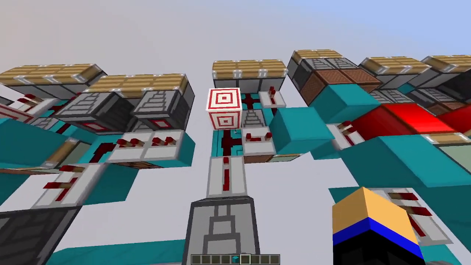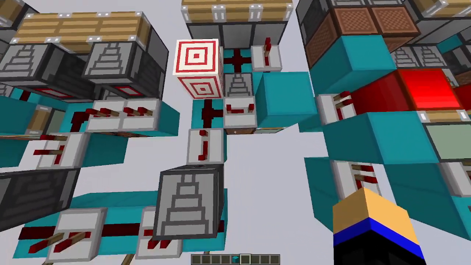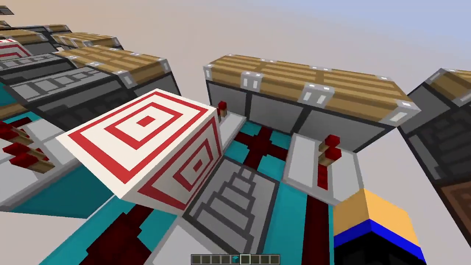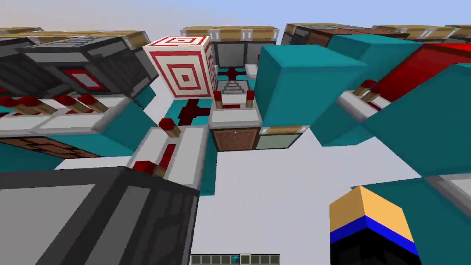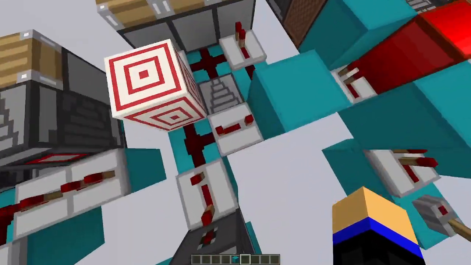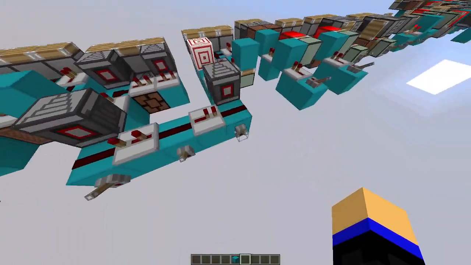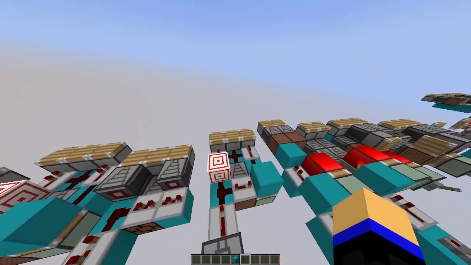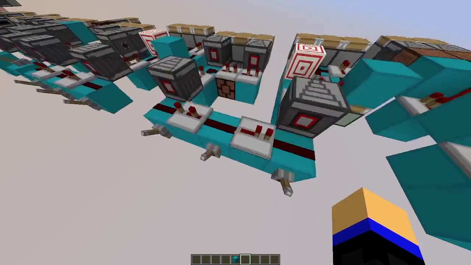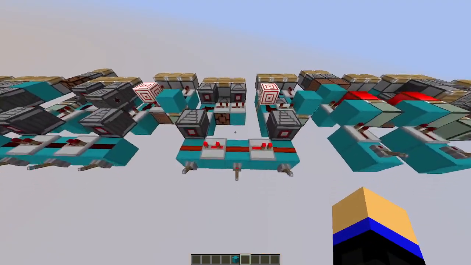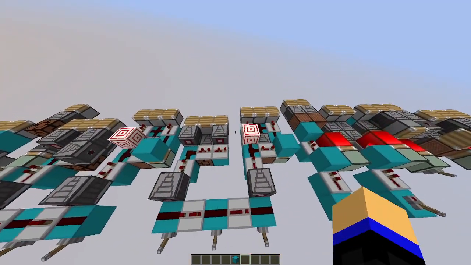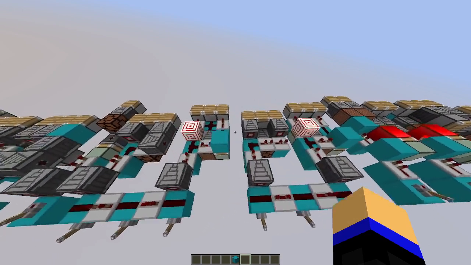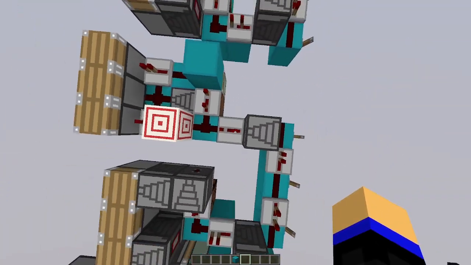So same for this one. A 4 tick pulse this time. Dust, no block, same time. Observer, repeater, same time. And then the extra delay between this and this 4 tick repeater or 8 game tick repeater. So again, same time. Nice. And you can also conclude that these two are the same. Like so. So yeah, you can see that starting from 3 tick pulse or 6 game tick pulse,